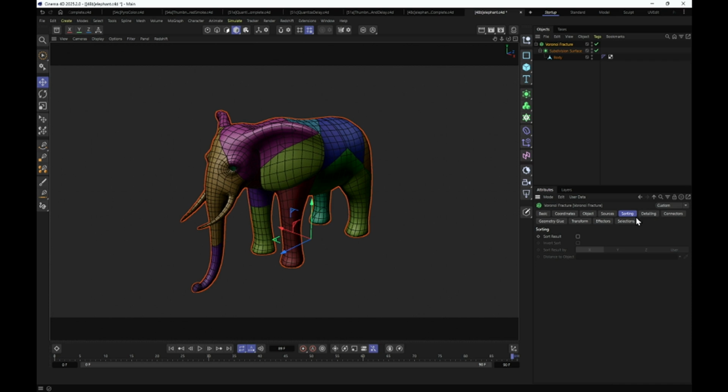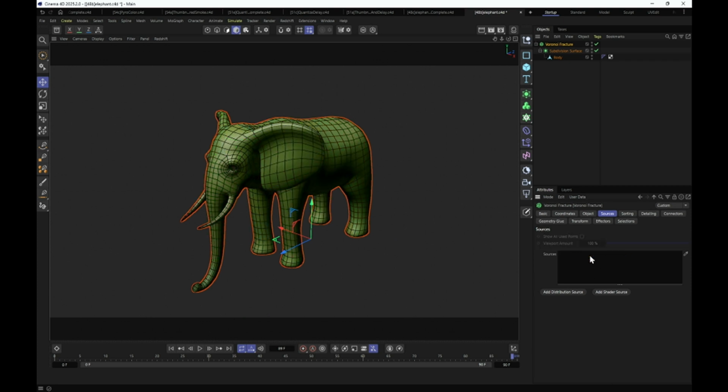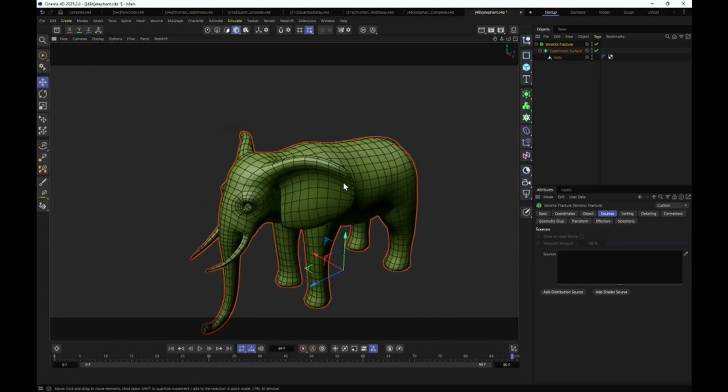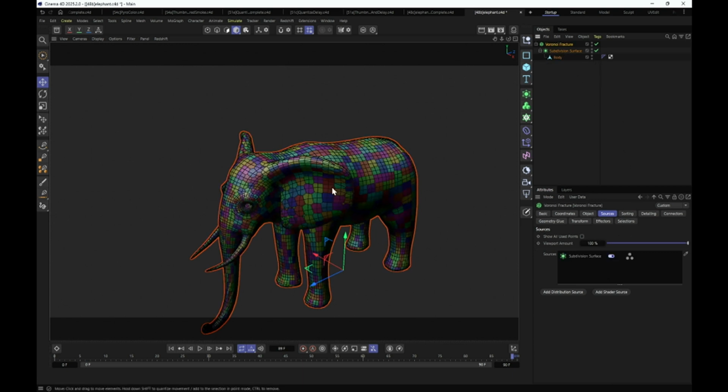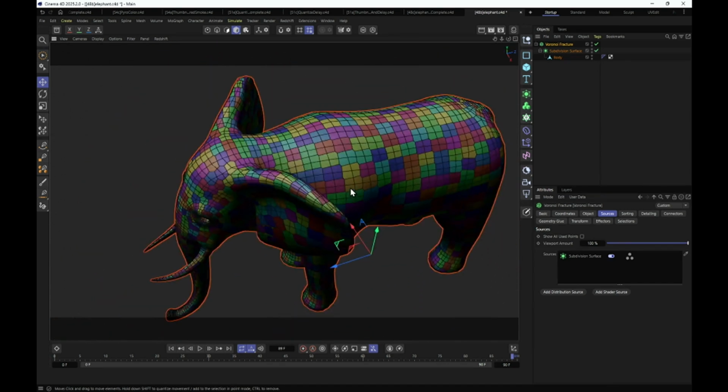You can go to our actual sources, and right now there's this random point generator, which of course is how you make a bunch of random ones. But I can delete that out and not make any cuts on the elephant. And I'm going to say, how do I want to cut it up? Well, I want to cut it up by feeding it its own mesh. So if I drop in its own mesh, you can see that we get this really, really cool pattern based on the incoming geometry. So if you were to deform that elephant's geometry in all sorts of crazy cool ways,